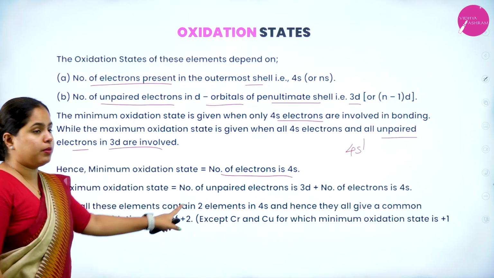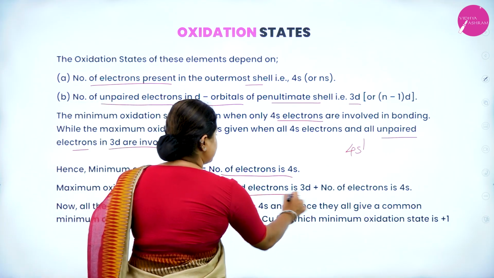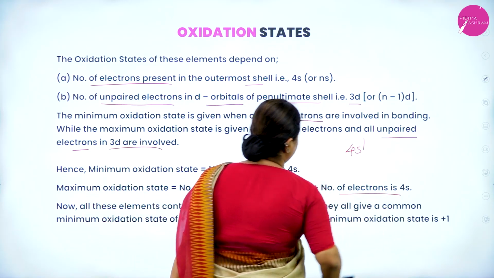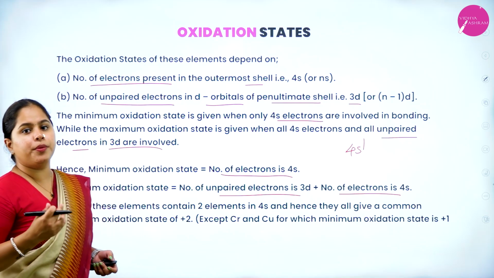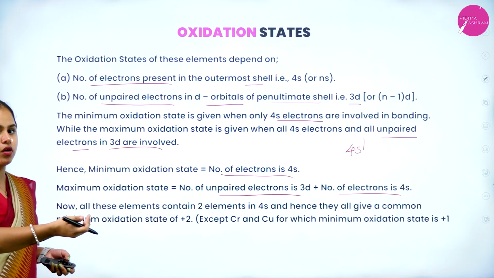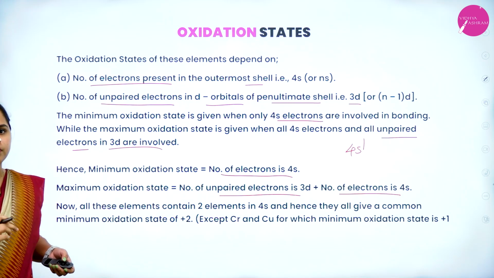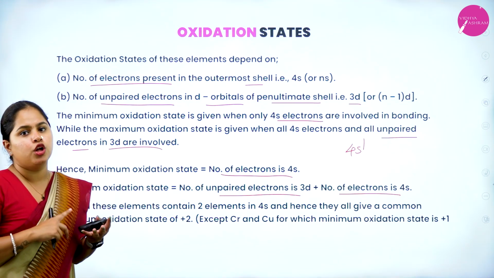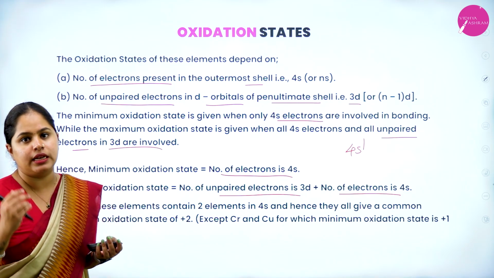Now maximum will be the number of unpaired electrons in 3d plus the total number of electrons present in 4s, right? So that will be the maximum. I hope you are able to calculate the minimum and maximum oxidation states for each of the elements in the 3d series, that is scandium, titanium, vanadium, chromium, manganese, iron, cobalt, nickel,